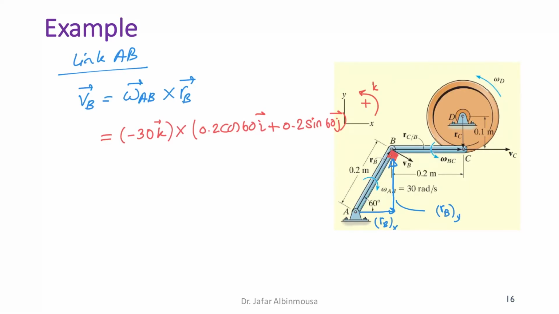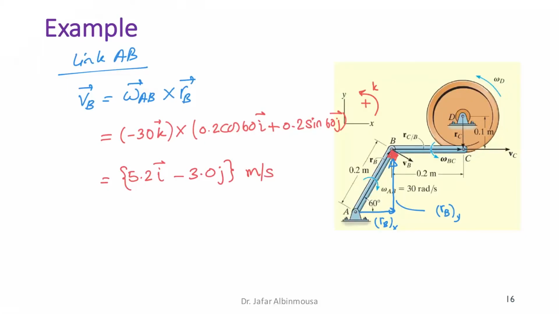And clearly, this is pointing toward the positive x, and this is pointing toward the positive y, and this is why we have them both positive. So the angle here is 60, the length of this one is 0.2, so 0.2 cosine 60 i plus 0.2 sine 60 j. And what we are going to get is this, 5.2 i minus 3.0 j